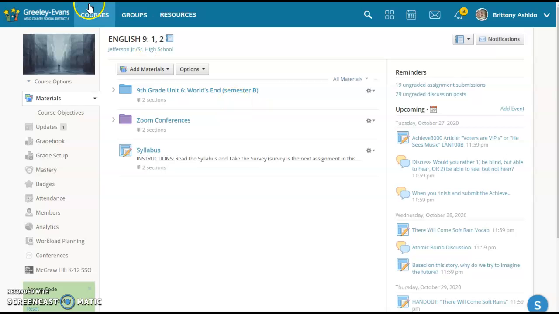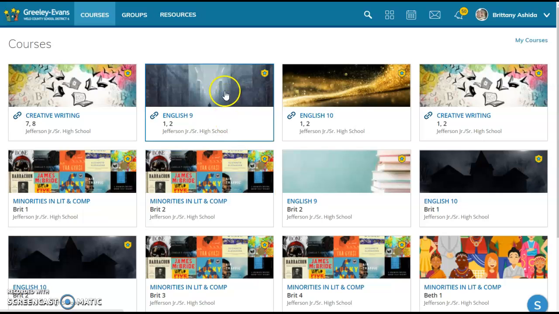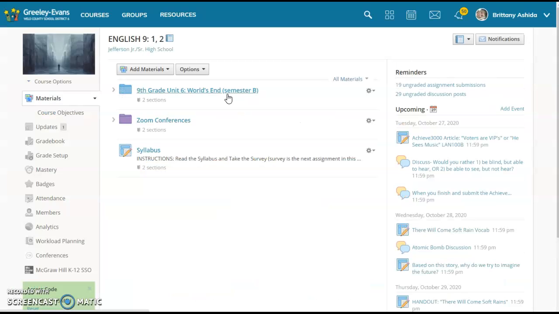Today you can see on our homepage, when you go from your courses to your homepage, that you are automatically open to this dashboard, where on the right you can see all the upcoming assignments. These are the things that are due today, Tuesday, October 27th, then Wednesday, then Thursday, and so forth. Each week, at the beginning of the week, I open up the week's worth of assignments, unless there's a reason not to. Then you can see what's coming up.